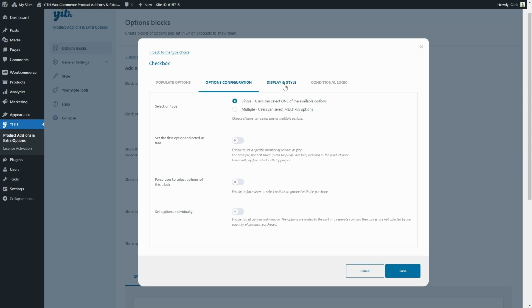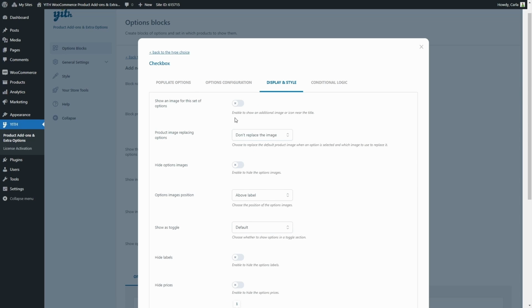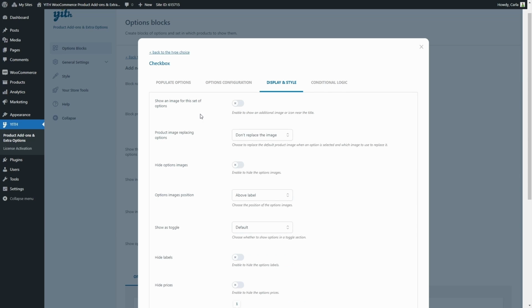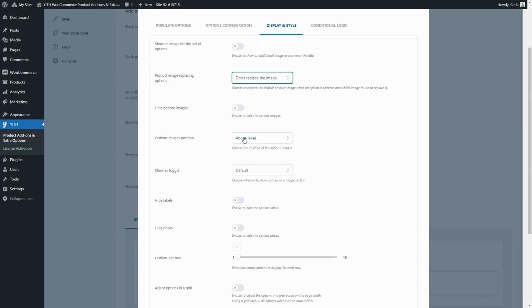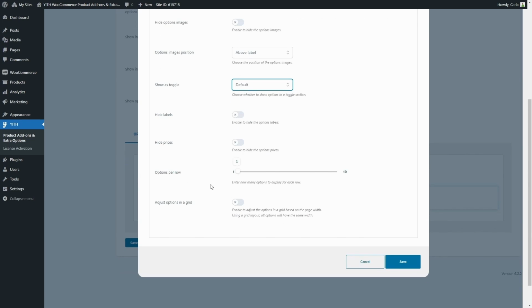Now let's move on to display and style. So here we can set to show an image for this set of options. If we enable this, we can upload a file. Then you can decide if you want to replace the main product image when the option is selected. You can hide the options images. You can set the options position. You can choose to show the entire set of options as toggle, and it can be default. This is configured in the plugin general settings. No. Or you can show it as toggle, opened, or closed. Then you can hide the labels and the prices,